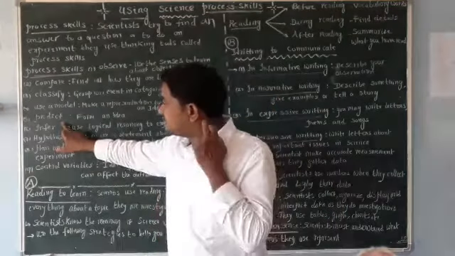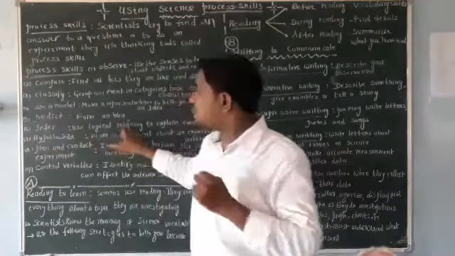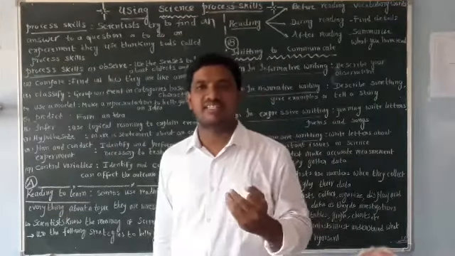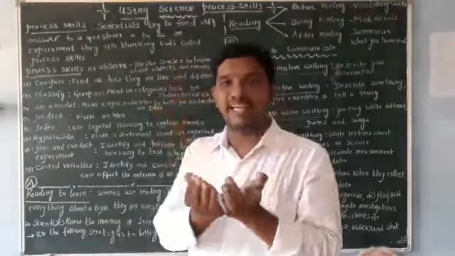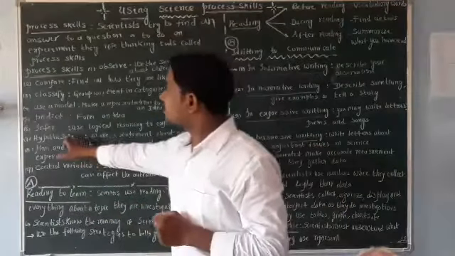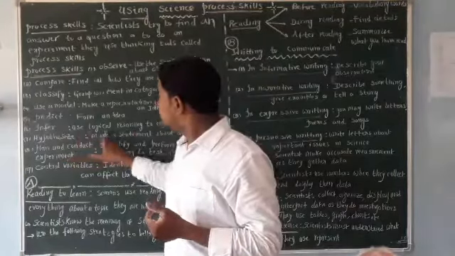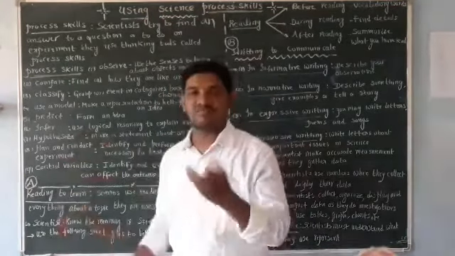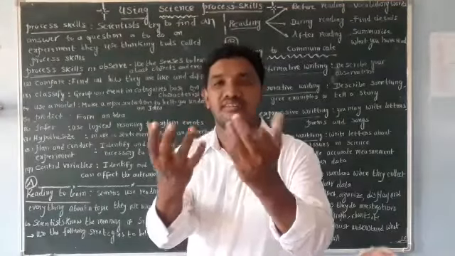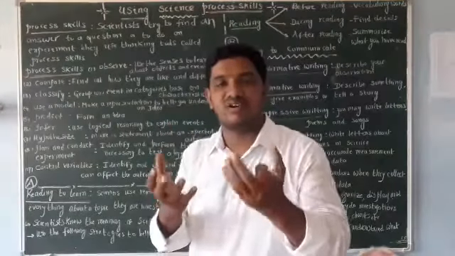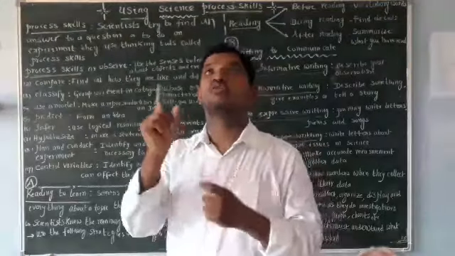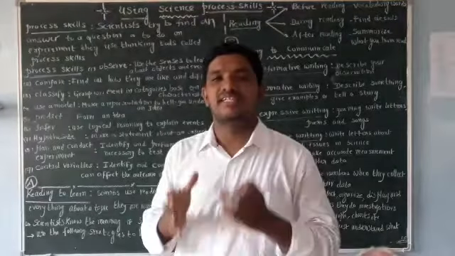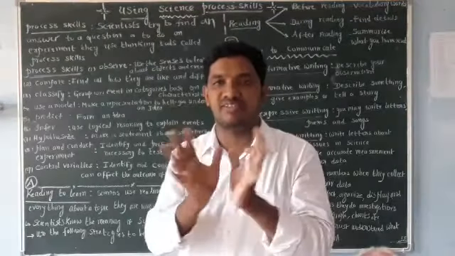Next one, predict. Form an idea. Prediction is to form one complete idea about the experiment. Next, infer. Use logical reasoning to explain events. That is infer. Give a logical answer. Logical reasoning answers. For example, how all these planets revolve around the sun, because there is gravitational force between them.